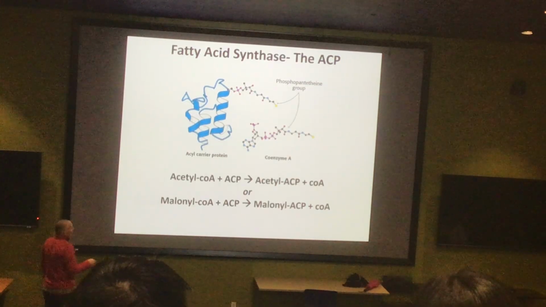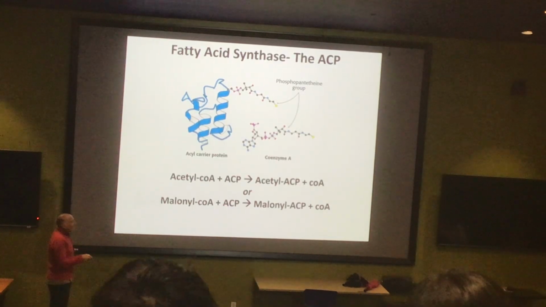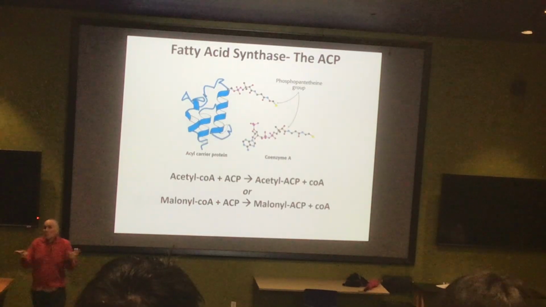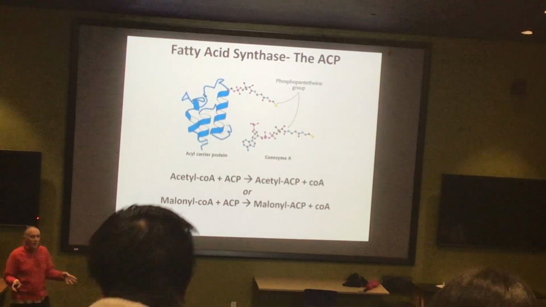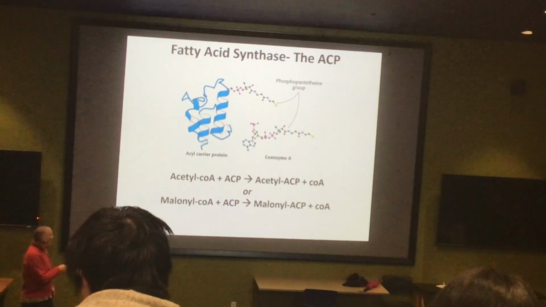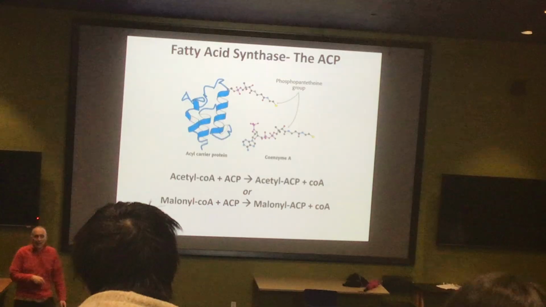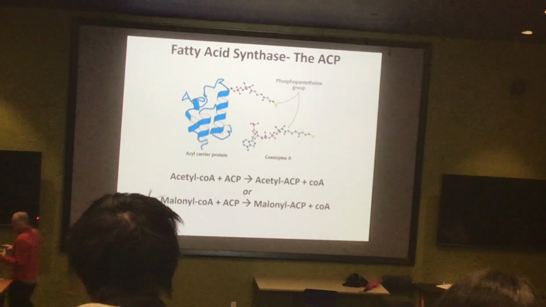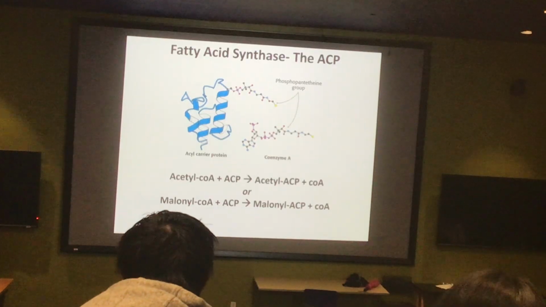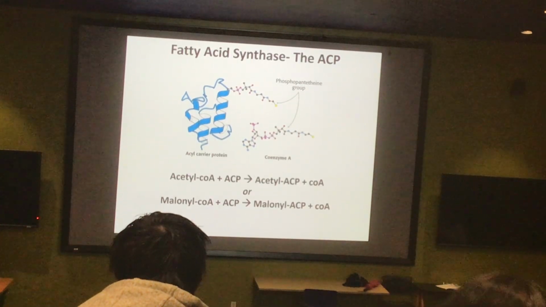And we can do the same thing with the malonyl group, bring in an ACP and get malonyl-ACP. Chemically, the 2-carbon molecule or 3-carbon molecule doesn't know that anything has changed. So this just happens essentially as an equilibrium. If there's more acetyl-CoA, it loads up the ACP. If there's more malonyl-CoA, it loads up the ACP. It's essentially isoenergetic, so no exchange or other ligand groups are required. And chemically, it's a thioester being exchanged for another thioester.